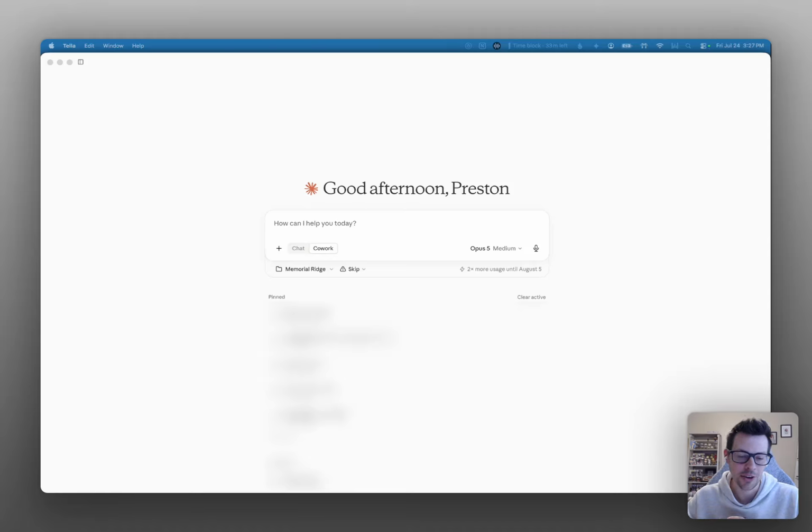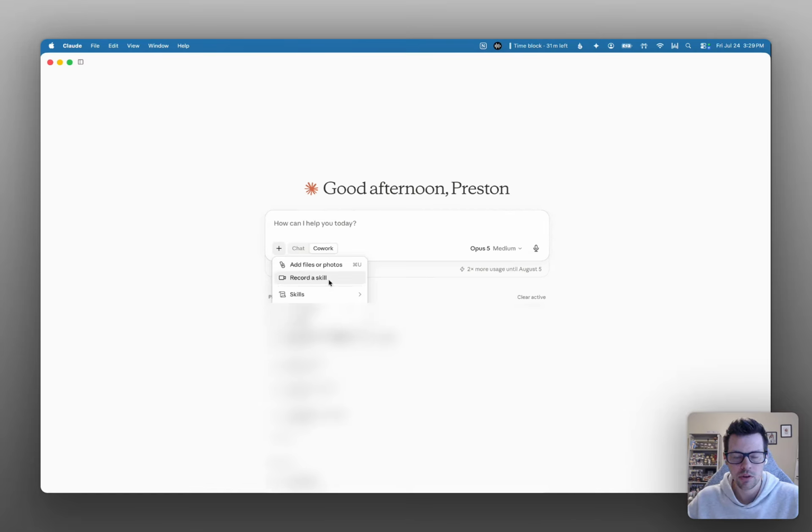Why do I need this? I don't, but I want to test the computer use, and this was kind of the example that my brain thought of, at least to start out. Low stakes. So here in Claude, if you go to the plus button here, you can click on this plus